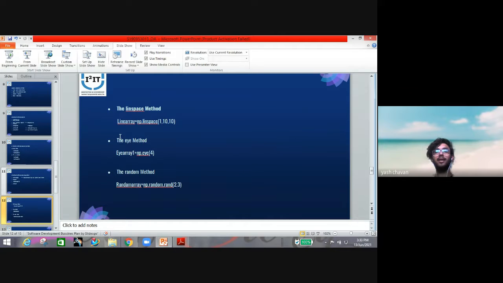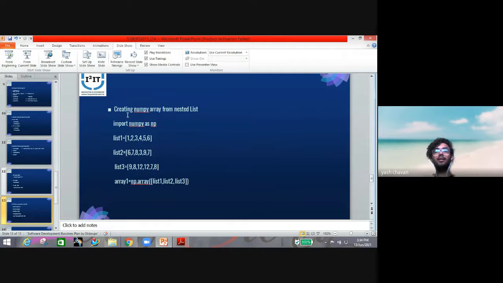And this is the eye method, from which we can create a 4 by 4 identity matrix, which means the diagonal elements will be unity and the other elements will consist of zeros. And the random method we will use to form a 2 by 3 matrix, which can be given as random array is equal to np dot random dot rand 2 comma 3.